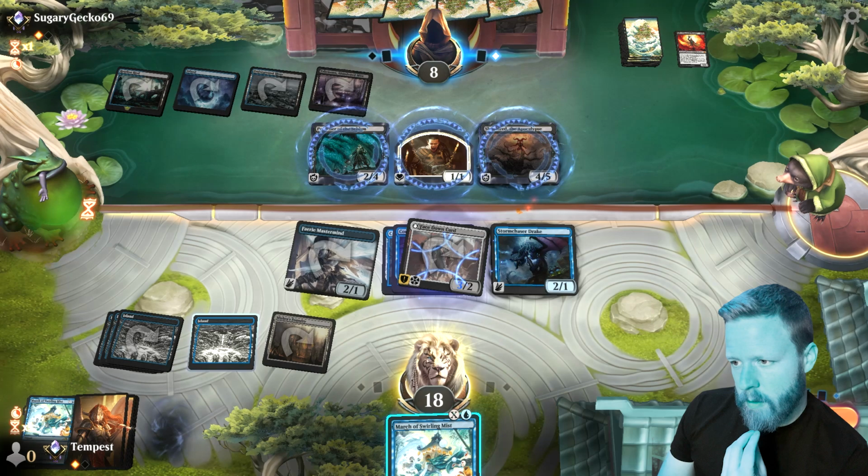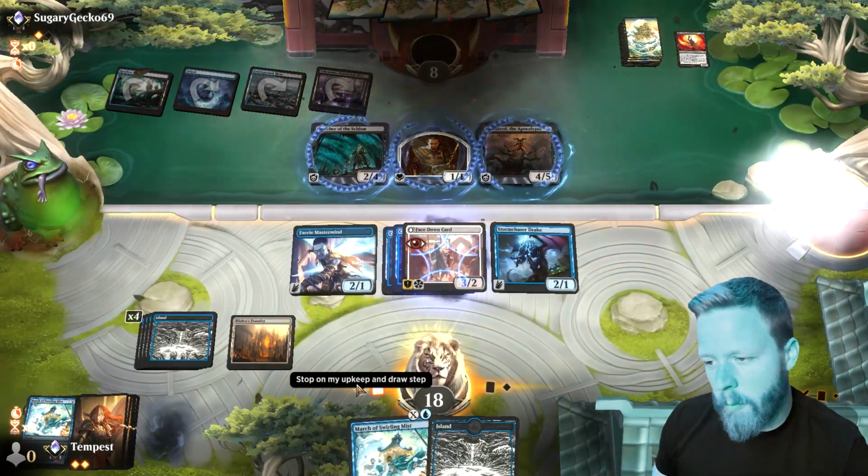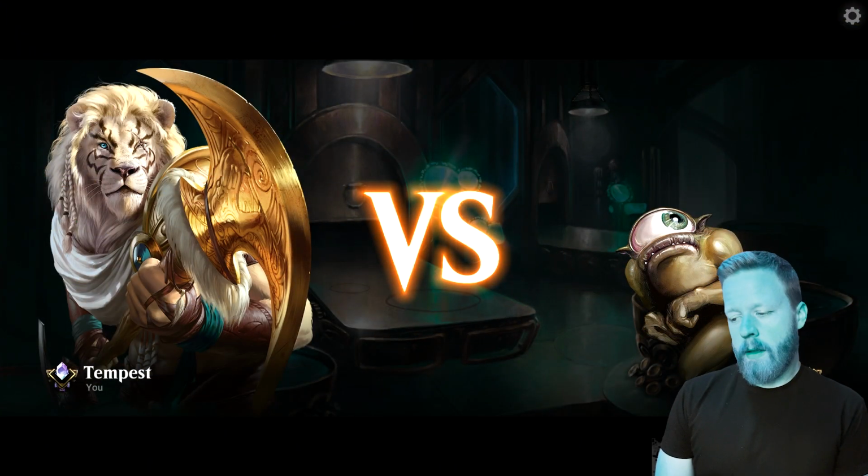So he gets nothing. And then I think we just win now, right? Yeah, we just do the man land and win. Okay. Trezzy